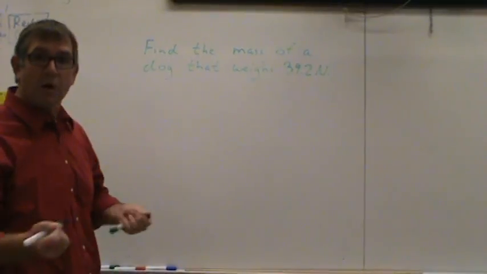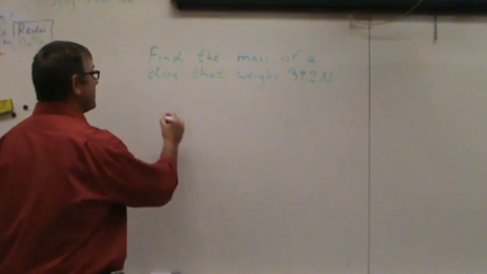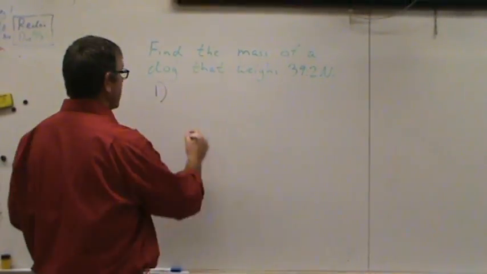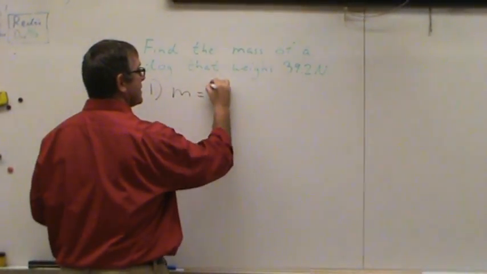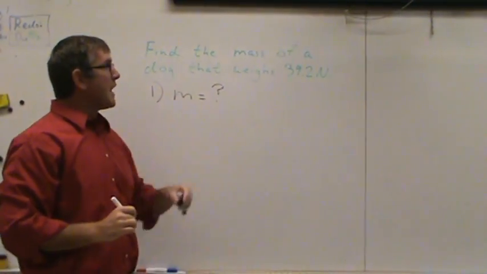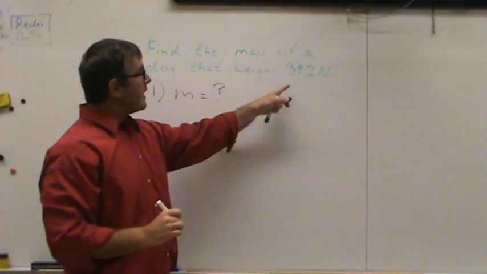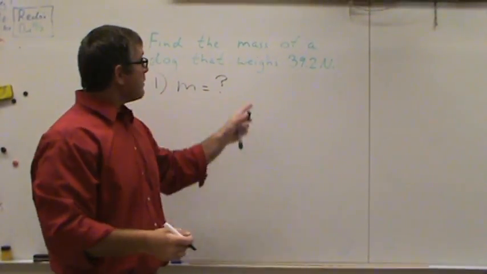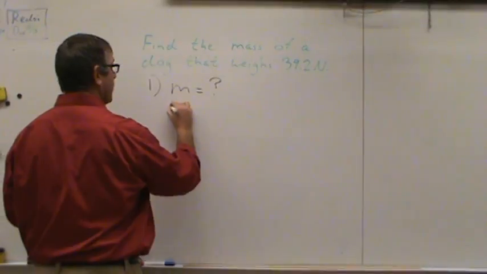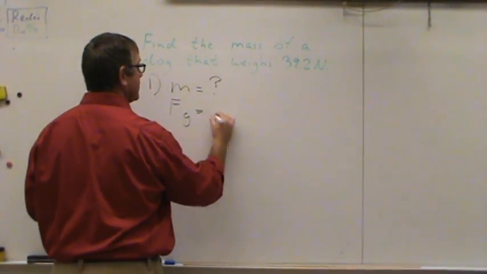Well, again, in our story problem method, the first step is write down the variables that we have. Find the mass. We are looking for the mass. The variable for mass is m, of a dog that weighs 39.2 newtons. Now, 39.2 newtons is a force. When we're talking about weight, it's the force due to gravity. So the force of gravity equals